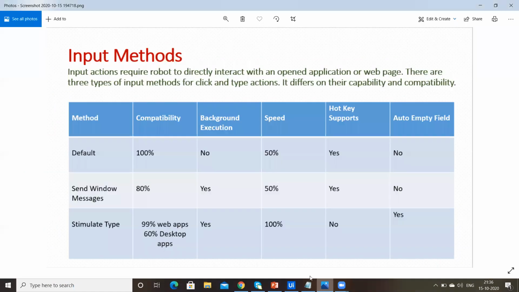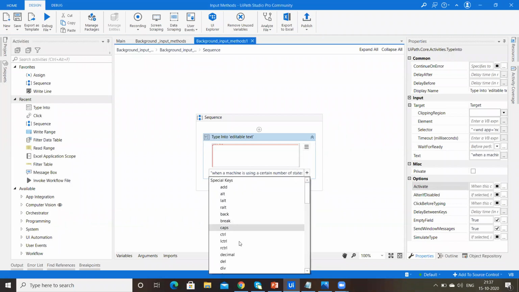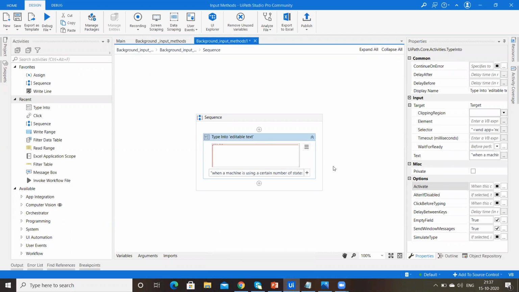In send window messages, coming to speed, it is 50%, same as the default method. So coming to hotkeys, it will support. Let's check whether it will work or not. Here, you need to select the enter and take one another type into activity.